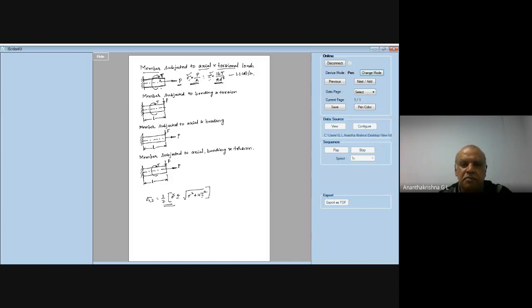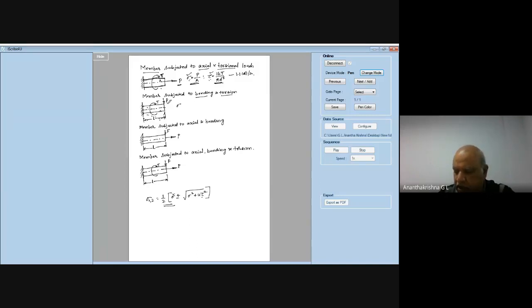So substitute these two values of sigma and tau in the combined loading equation, and then find out the maximum and minimum principal stresses. Similarly, in the second case, the member is subjected to bending and torsion. When it is subjected to bending, that means the load will be a transverse load. This force into the perpendicular distance L will give you the value of the bending moment, correct? So that means it induces bending stress. The effect of bending moment is to bend the member like that, so the stress induced is bending stress.